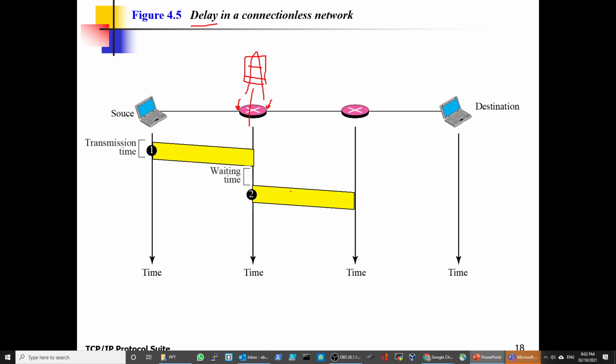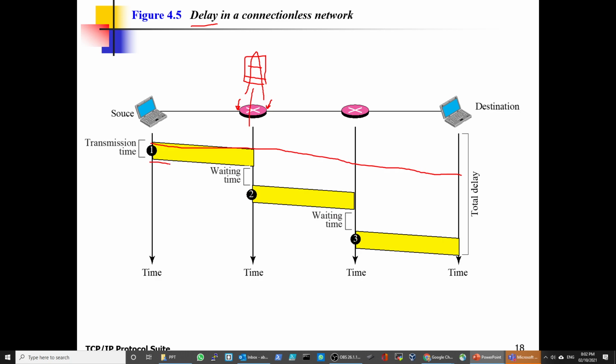So the data goes from the source to the router. It will wait a bit. Then it will be sent to the next router. There is a delay, and there is a third delay in here, and this is the total delay. In circuit switching, we don't have these delays. Why? Because in circuit switching, we establish a circuit and the data goes right away like this. It's one circuit. It will take some time to establish it, but after you establish it, it will go all the way to the destination. In packet switching you have these delays.